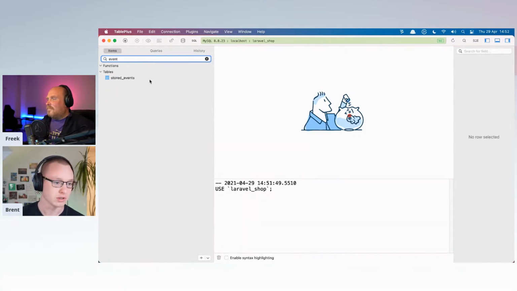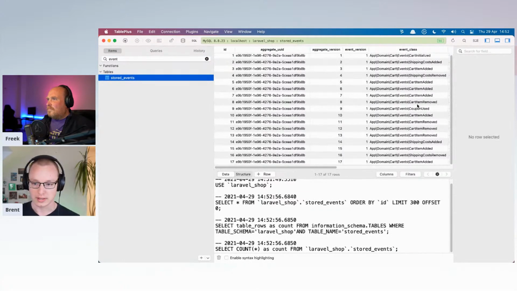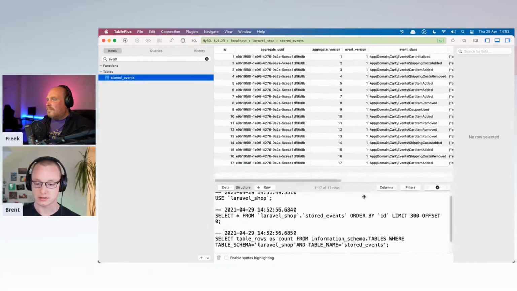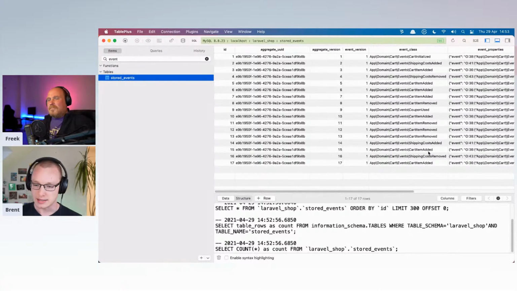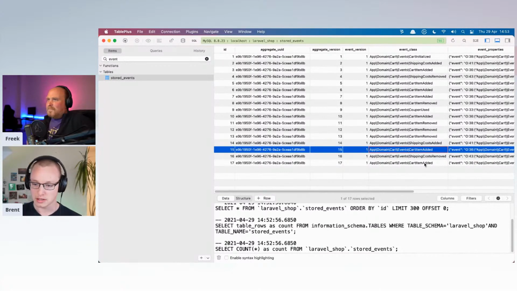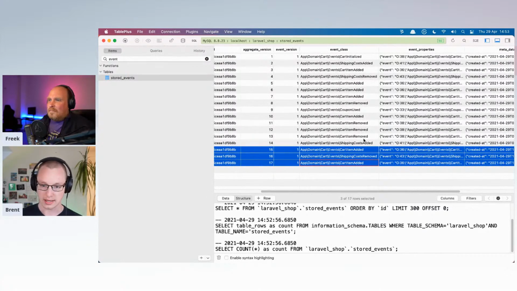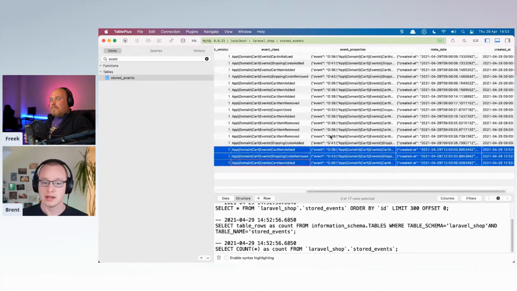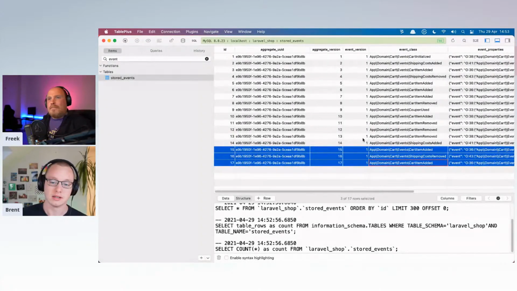So let's go to the stored events table. And you can already see a few events were added already. Remember, I added some items. I think these are the last two I added. I already did some testing before. And these are the events. If you've used our event sourcing package before, this is probably familiar. We store event classes. We keep a JSON representation of all data on the events, so metadata, and also data regarding the aggregate root where the event was triggered from.